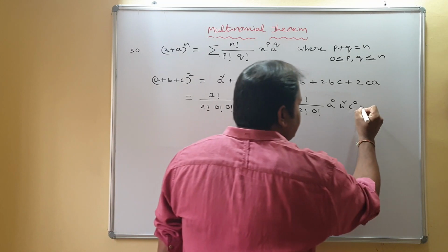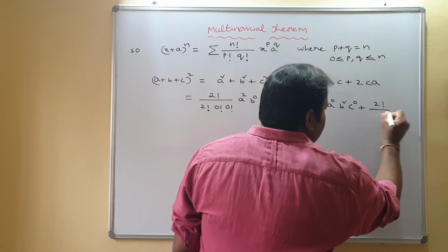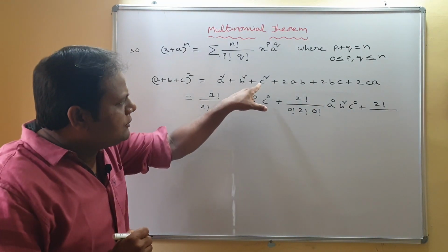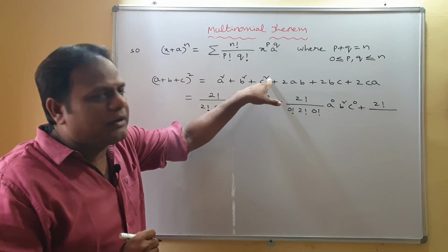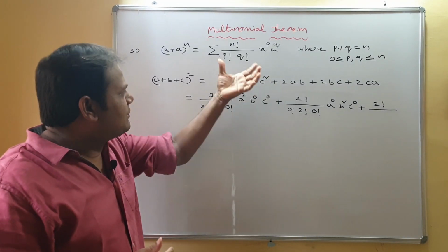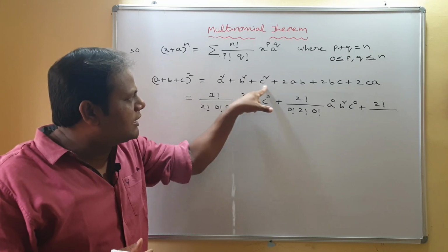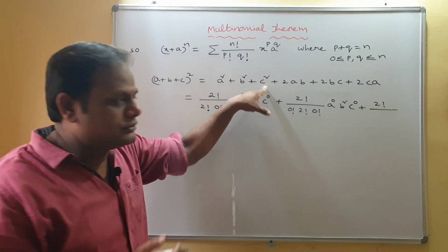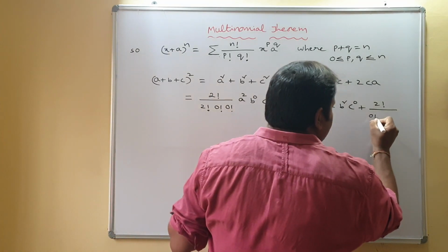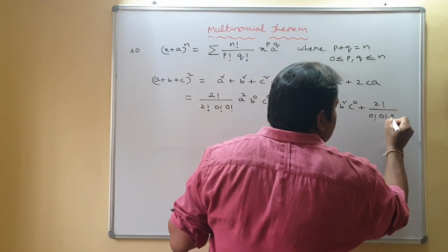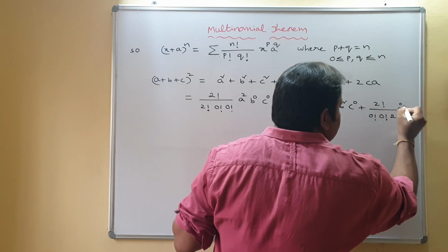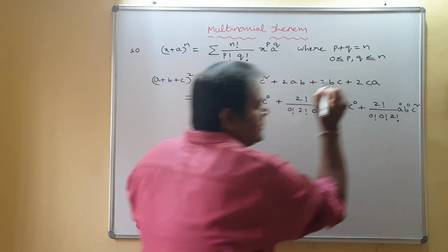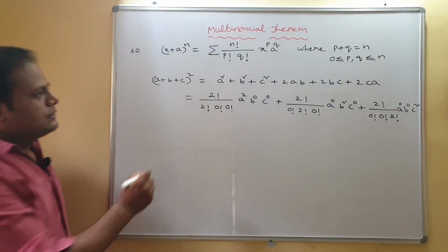Coming to the third one, I can write it as 2 factorial by, here you observe that C has power 2. Yes, we want the sum of powers to be 2 only. So what about A and B here? A and B must have the powers 0. So 0 factorial, 0 factorial and 2 factorial, A power 0, B power 0 and C square. Plus,